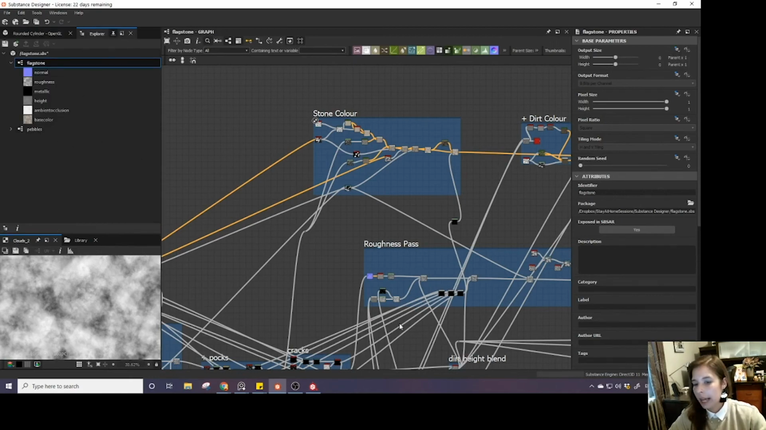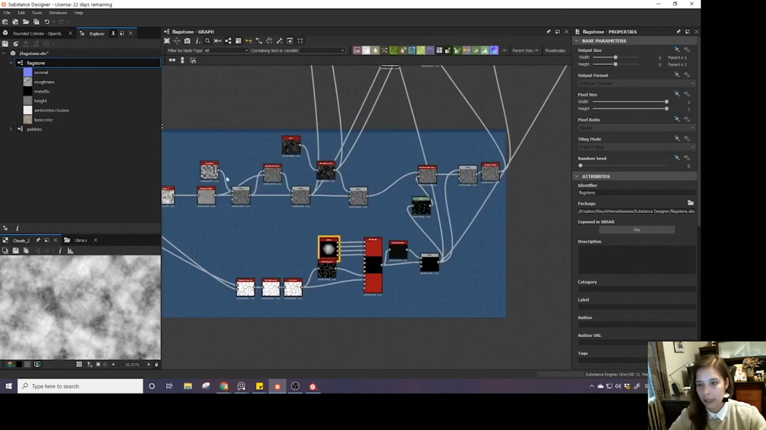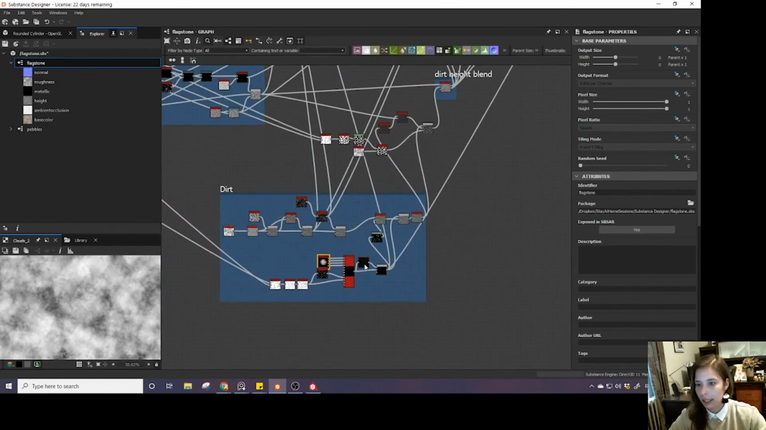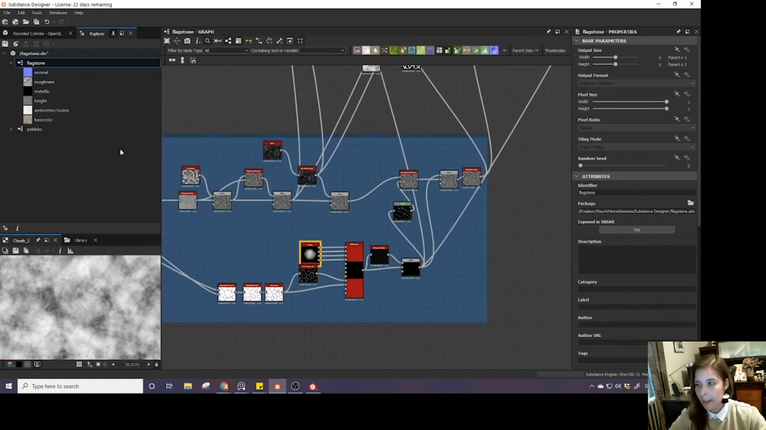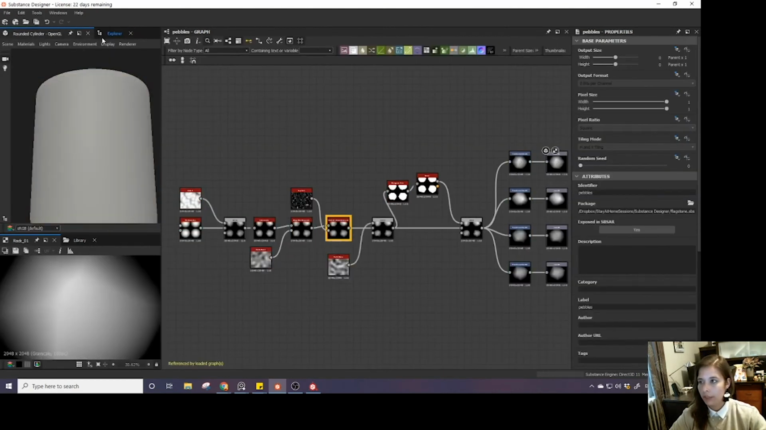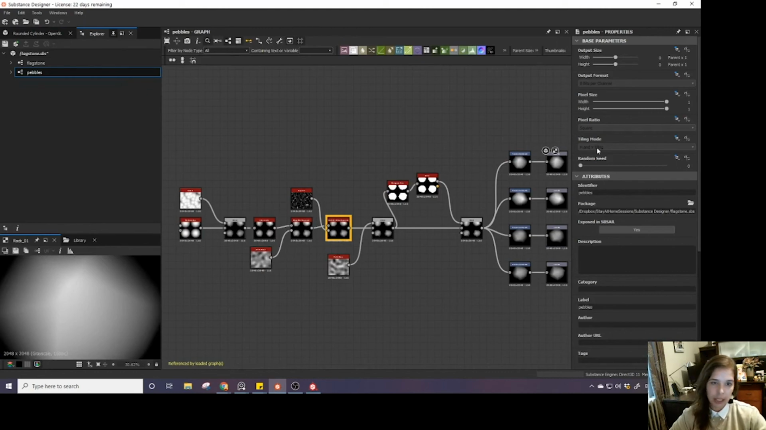One other thing, so we had this sub graph, this little extra graph that we made to do the pebbles. When we publish something, we're publishing an entire package, and it's going to look at these things in here, and it's going to want to make a material for each one of these graphs unless we tell it not to. So if I double click on the stones, you'll see here in the properties panel there's exposed in sbsar,